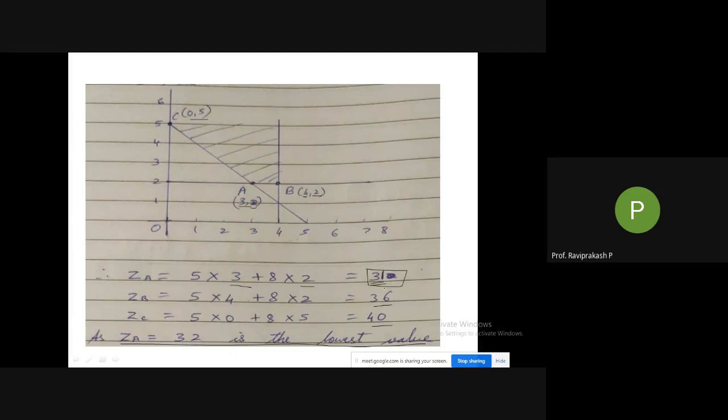So I hope there is no doubts with anyone here. If you are having any doubts, please ask me now itself. So only two things. If you are not asking doubts, you are understanding everything what is being told, or you are not understanding anything what is being told. So which one is true? Sir, can you explain again the feasible region?